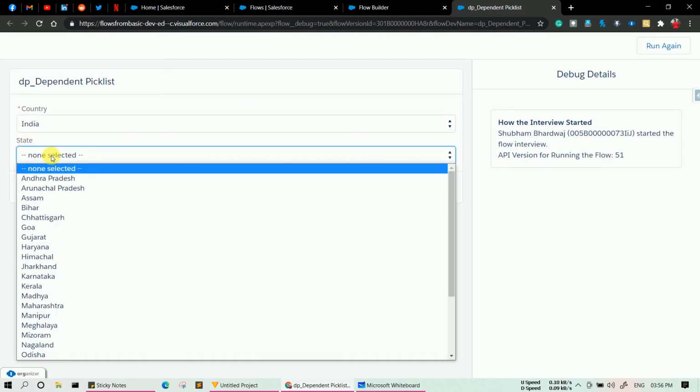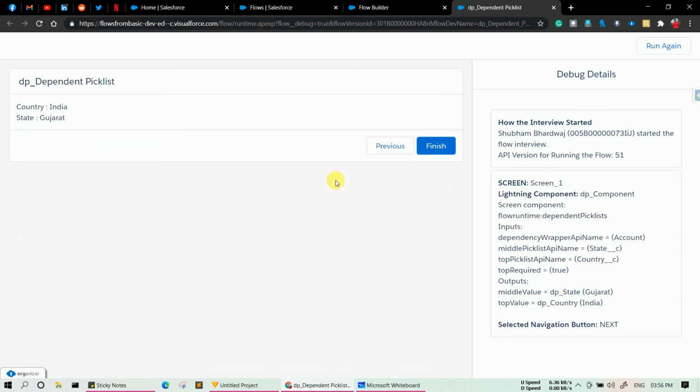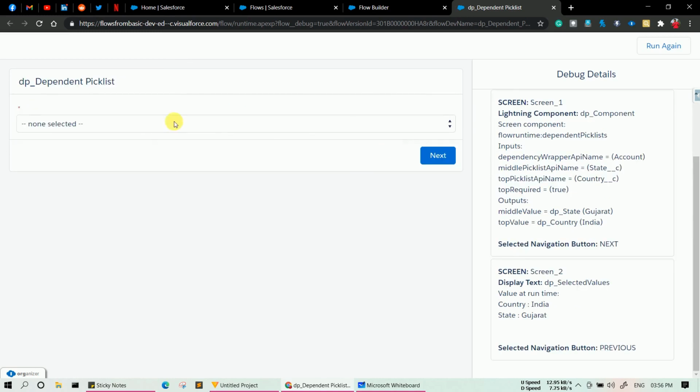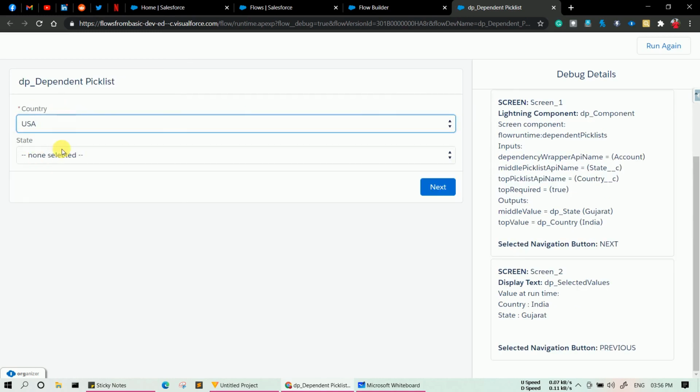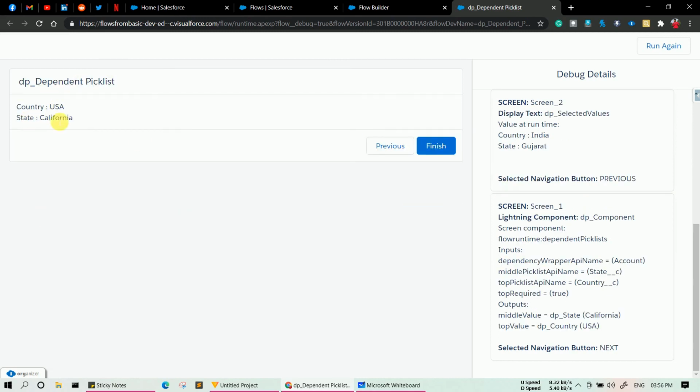And let's see if I select Gujarat and click next, it will display country India, state Gujarat. And let's move back and select USA and state California and click next. You can see country USA and state is California.